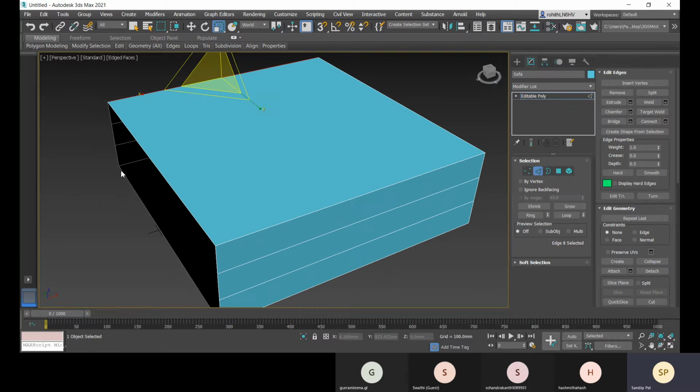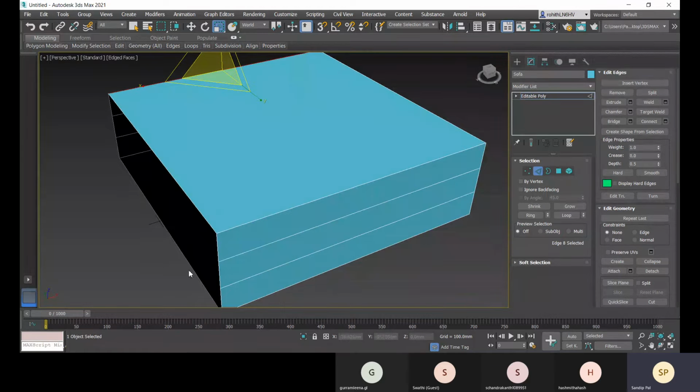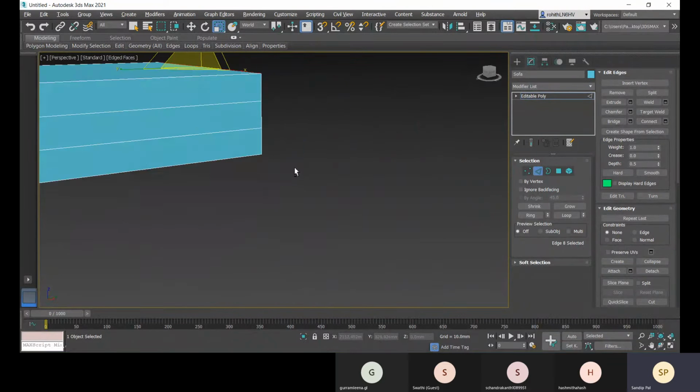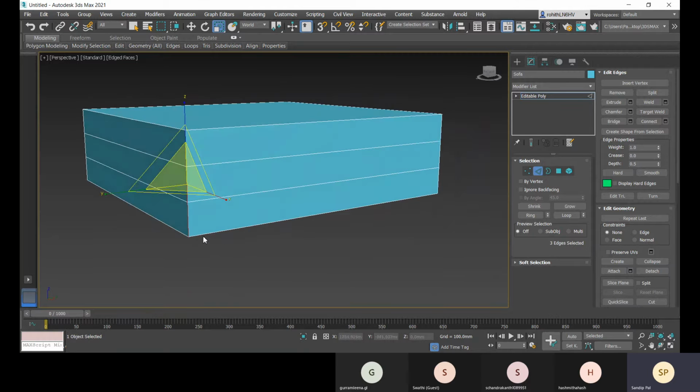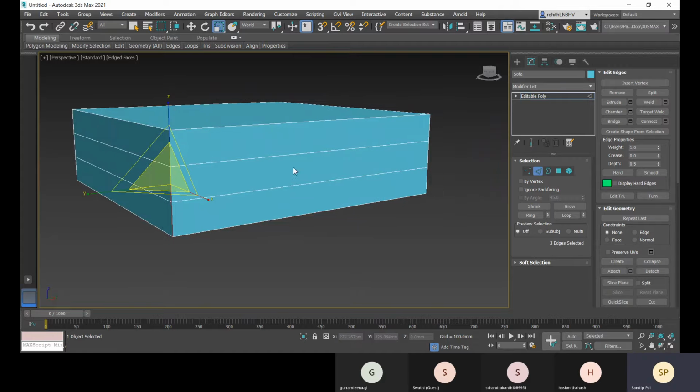Right now, why is it not selecting the whole loop? Because there is no surface. This is not connecting. This is right now not an edge. This can be considered as a border and can be considered as an edge as well. So that's why I cannot select in a loop. But if I go for this option and then go for shift, here you can see that this one is selected, this was selected also.